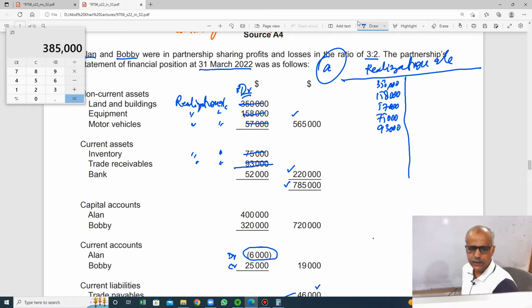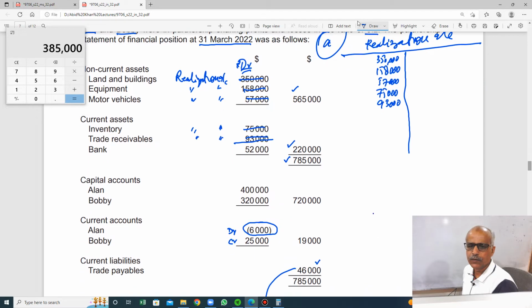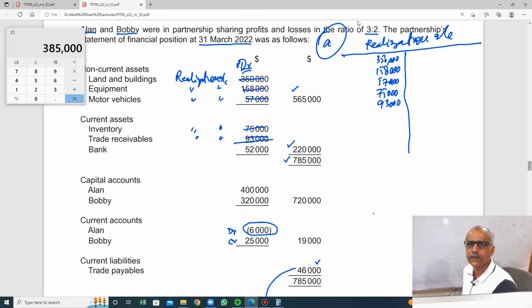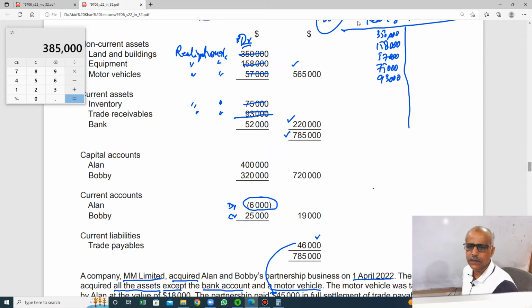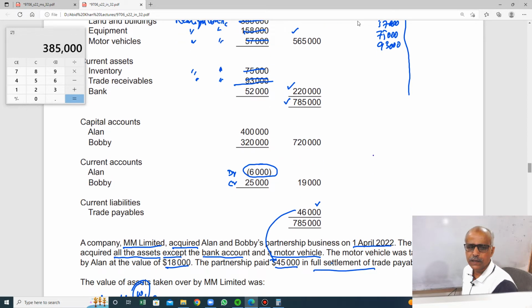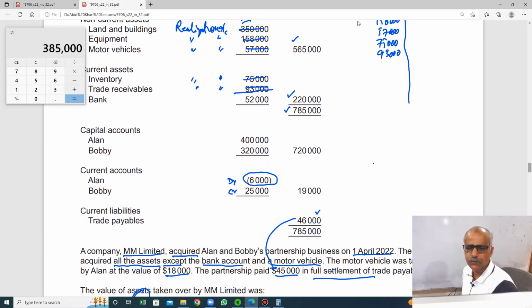And likewise, all the bank account will open there, because finally they have to pay from bank. So bank account will not be closed. All assets and liabilities. How much are the liabilities? Likewise, current account and capital account will not be closed, because they are proprietor's accounts, so they have to be settled. And in liabilities, we have 46,000 of the liability. This will also be closed, and